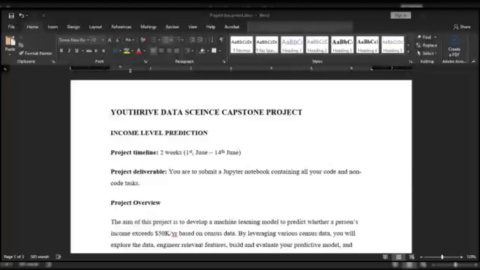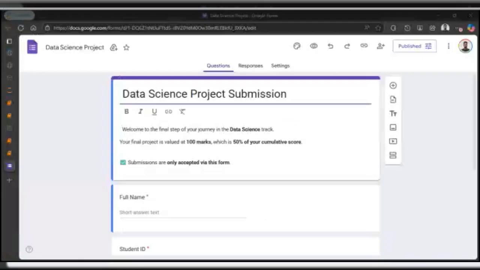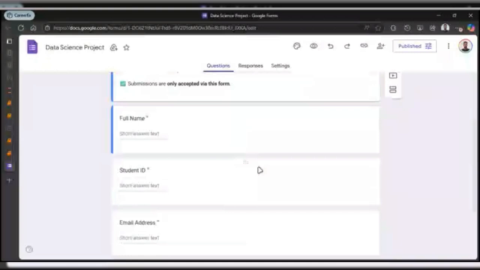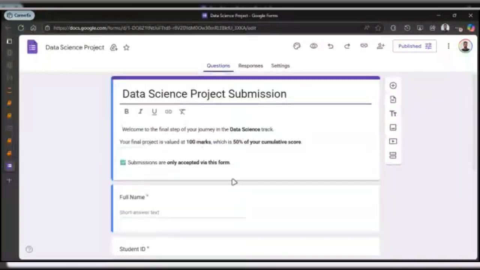Okay. So as you can see on my screen, you have a particular Google form. This is where you'll be submitting your project, right? This link would be uploaded on the platform, the same way you get access to your assignment links.